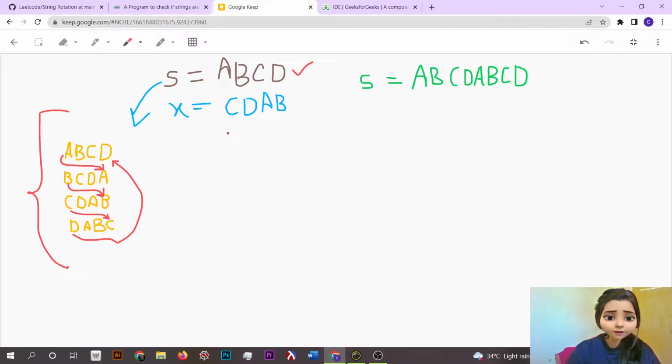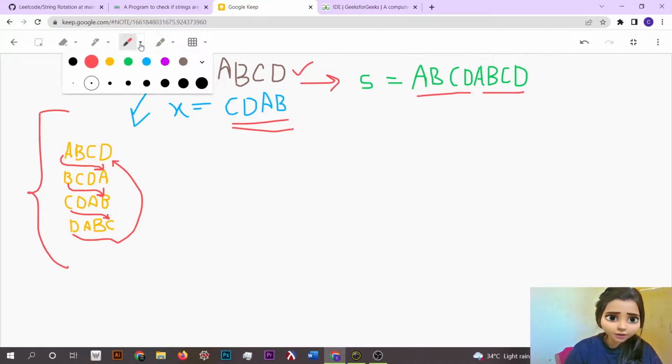Now, we are given another string. Let's suppose this is CDAB, and here we have to check if this string is a rotation of the first string or not. So what we do is we make a concatenation of the first string two times. Let's suppose ABCD and ABCD. And why we are doing this is that you can see here,